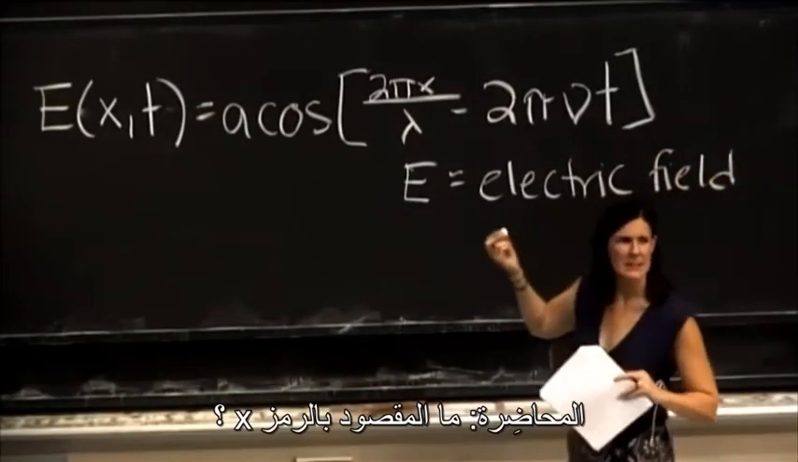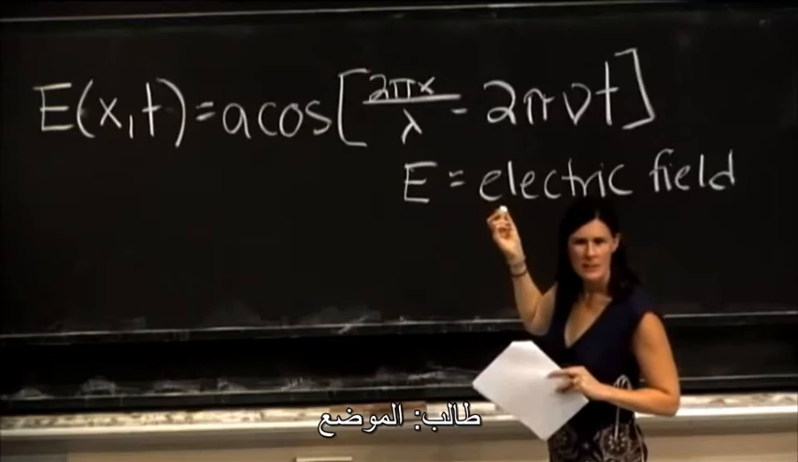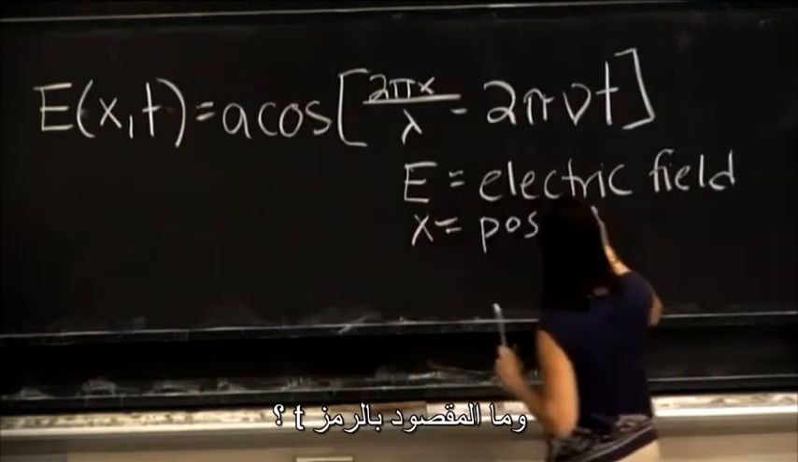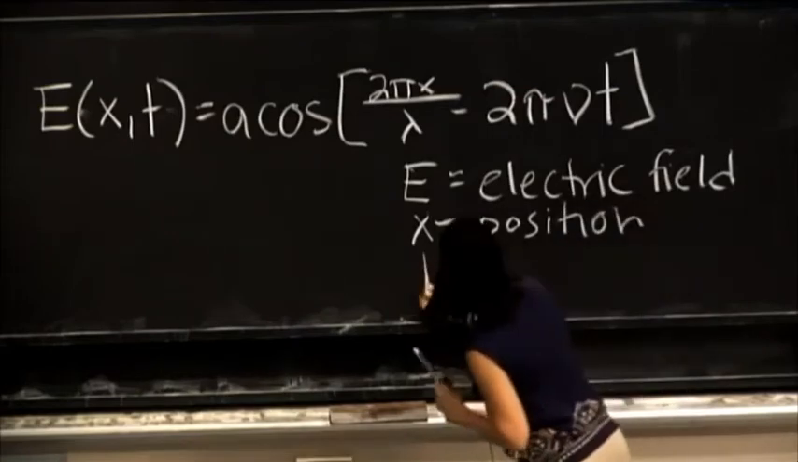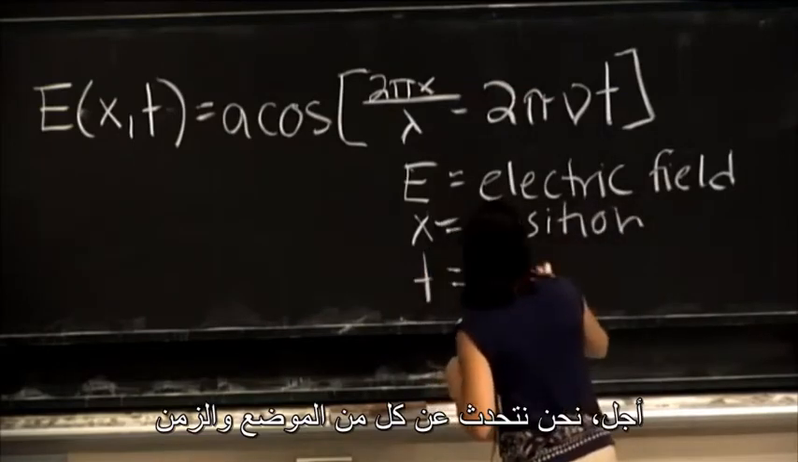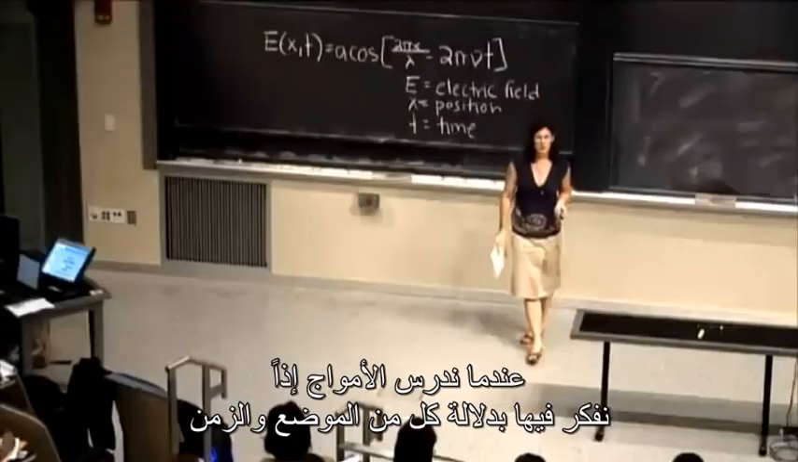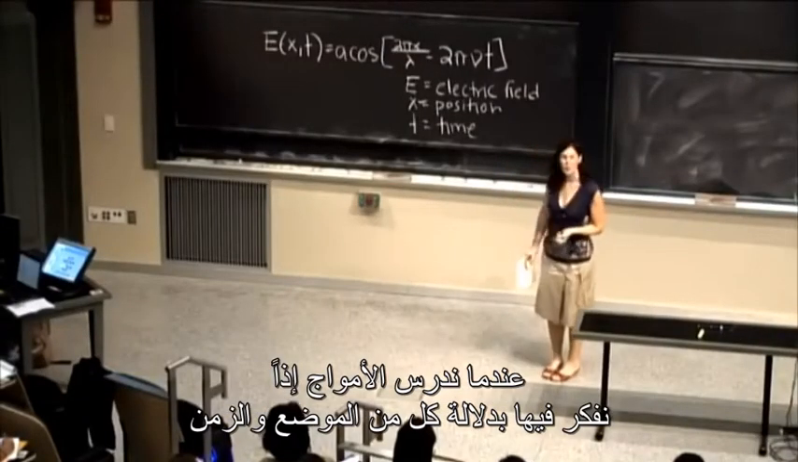What is X? Yep, the position of the wave. And what about T? Yeah, so we're talking about both position and time. So what we can do if we're talking about a wave is think of it both in terms of position